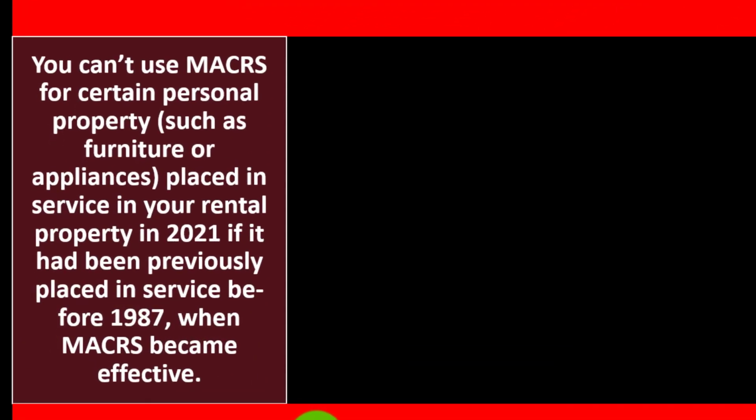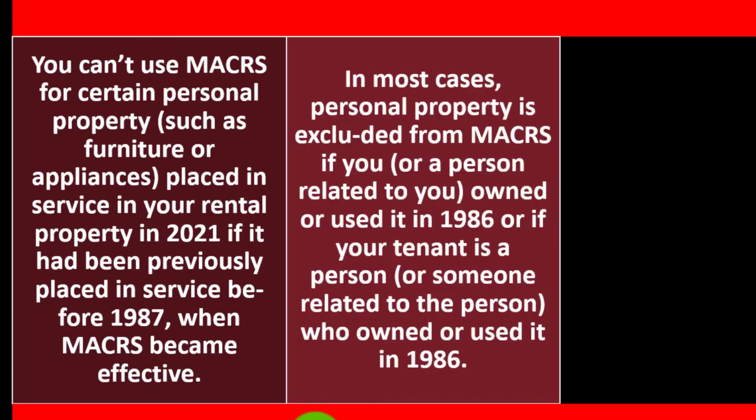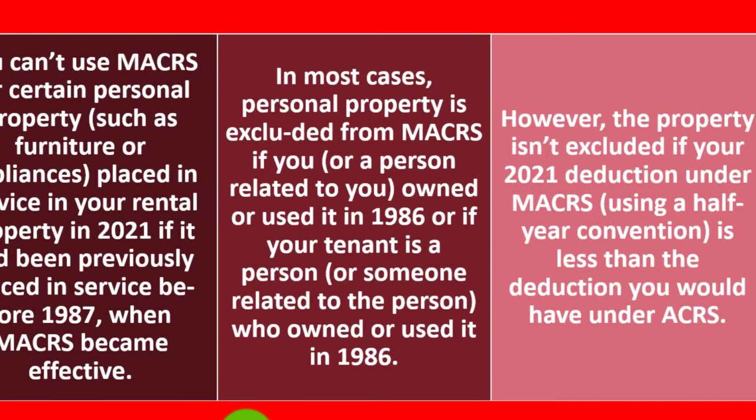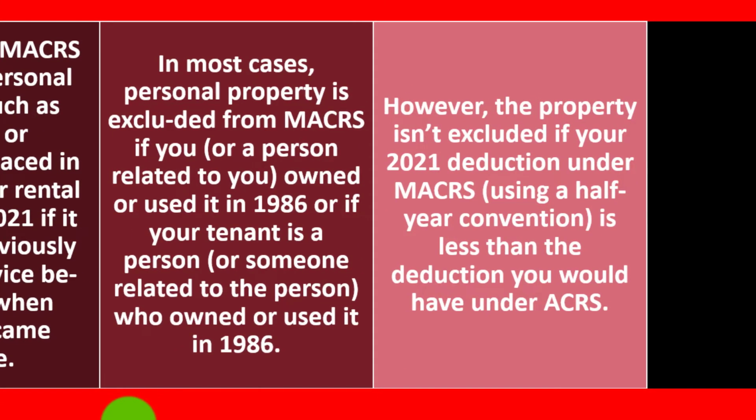Excluded property. You can't use MACRS for certain personal property, such as furniture and appliances placed in service in your rental property in 2021, if it had been previously placed in service before 1987, when MACRS became effective. In most cases, personal property is excluded from MACRS if you or a person related to you owned or used it in 1986, or if your tenant is a person, or someone related to the person, who owned or used it in 1986. However, the property isn't excluded if your 2021 deduction under MACRS using a half-year convention is less than the deduction would have been